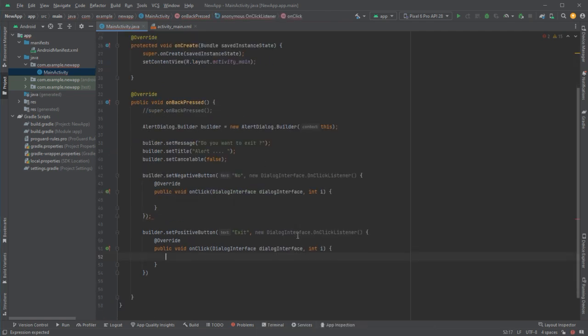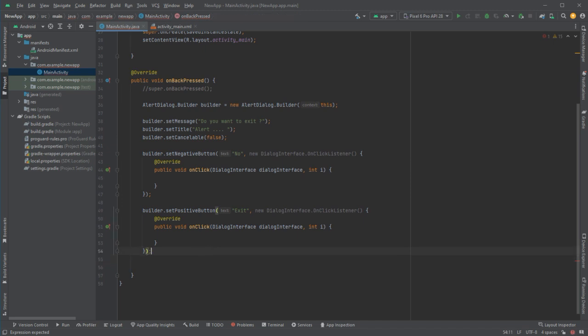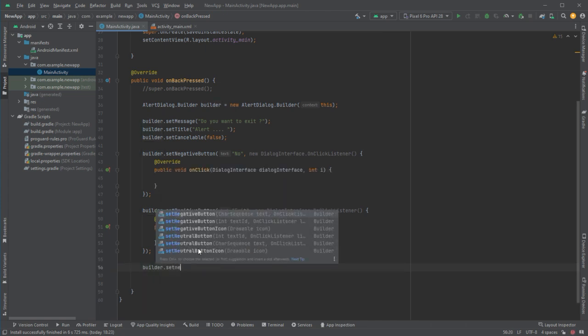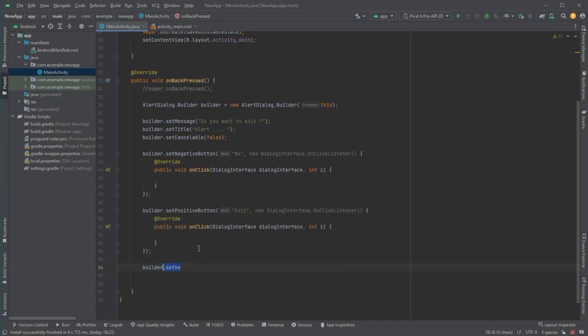dialog this. Okay, so this is my this, but there is one more button, neutral button, set neutral button also. Okay, that also you can set, but we don't need it right now. You can set it anytime we want. Okay, now I will do one thing. I will do builder dot